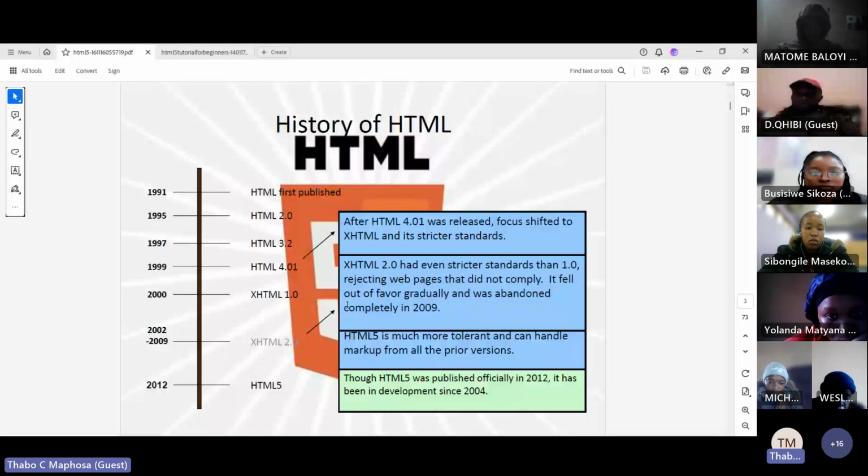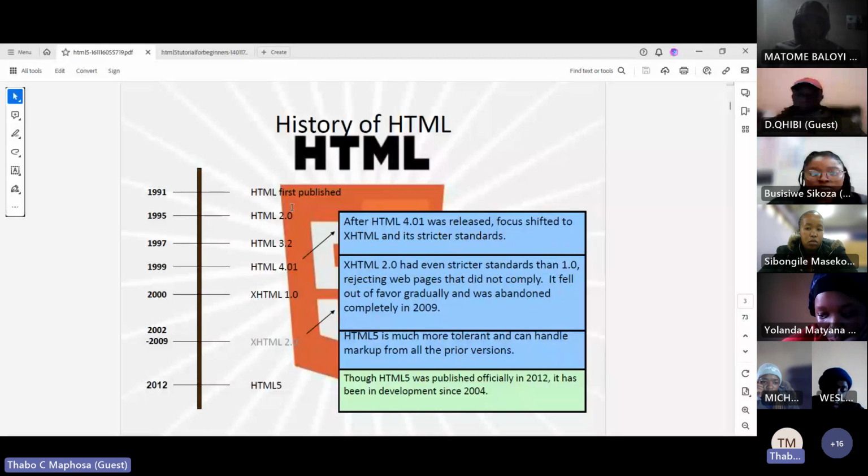So basically HTML was first established in 1991. Remember, when we spoke about the website, the www, we first spoke about it around the late 80s to 90s.